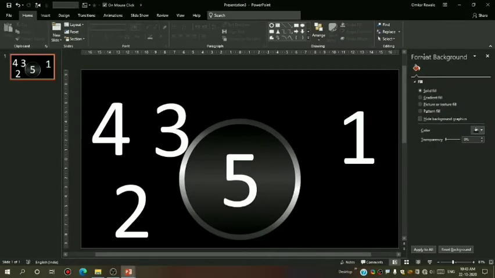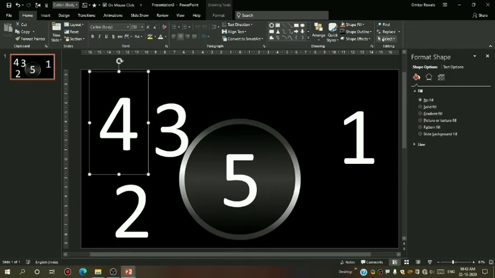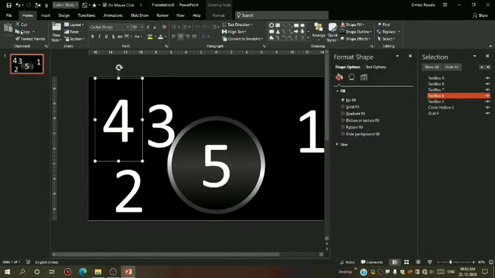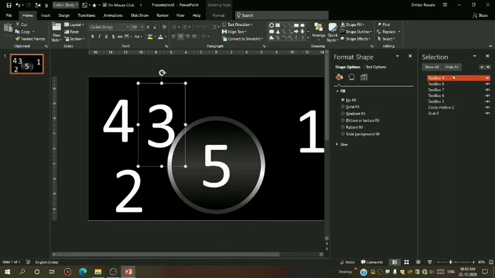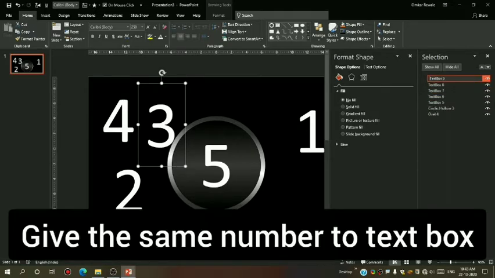So I have changed their numbers. Let us give them all names so that we can recognize them during animation. So I will select everyone and give the particular name here. 3 center. Likewise give every text box a particular name so that we can recognize them.